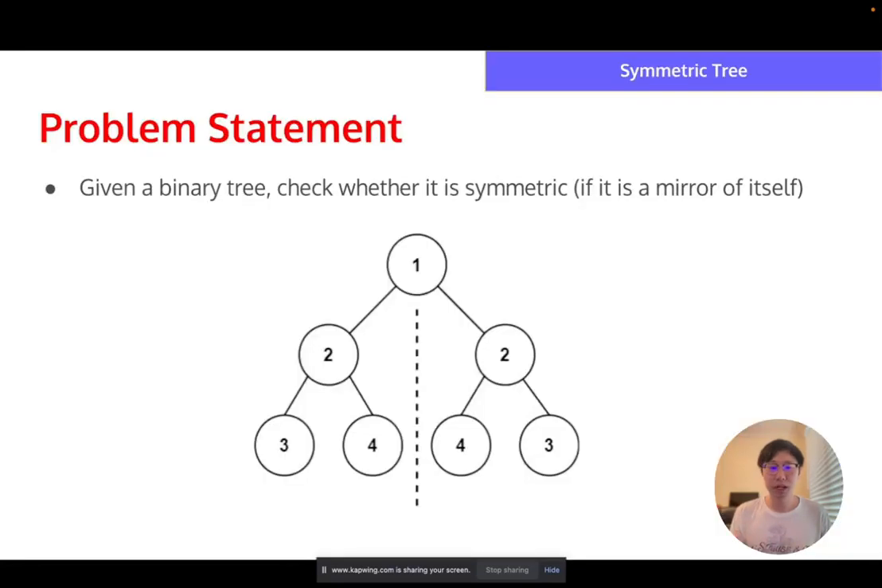Now let's go over a sample problem called symmetric tree. In this problem, we're given a binary tree and we want to check whether it is symmetric. For a binary tree to be symmetric, it means that the half of the tree is a mirror of the